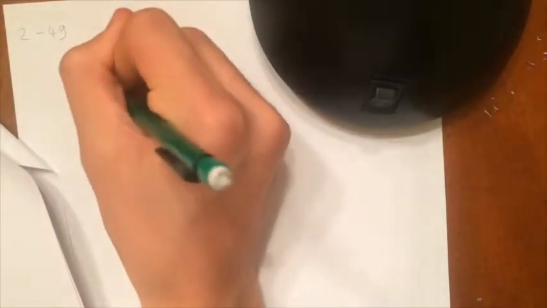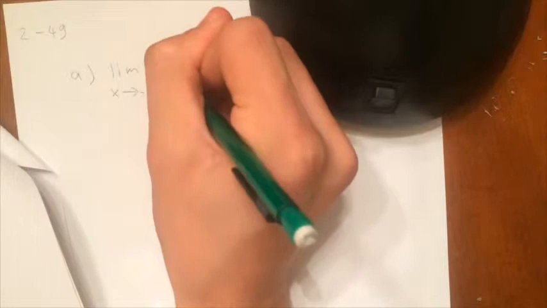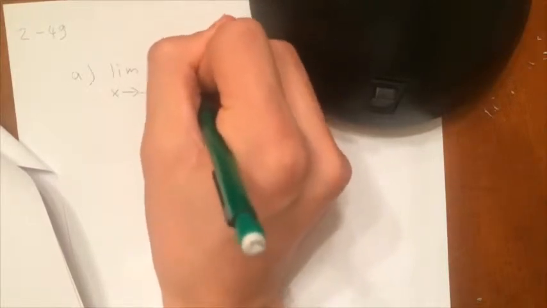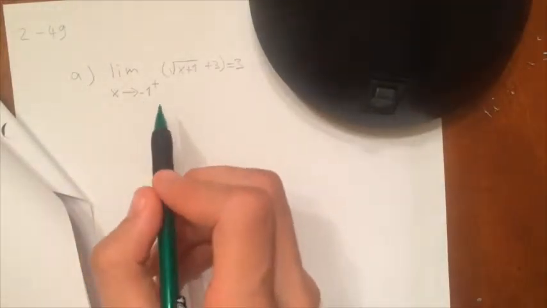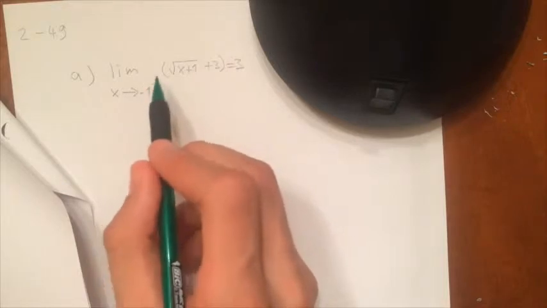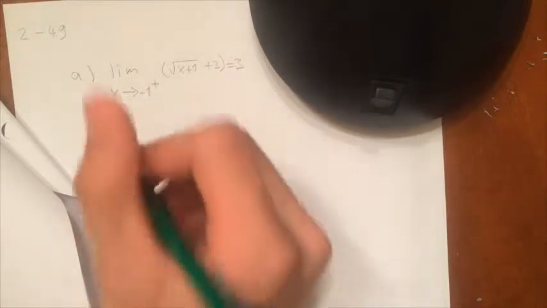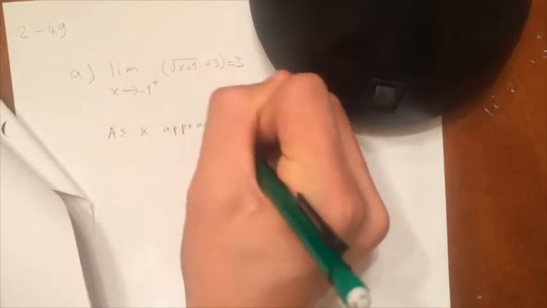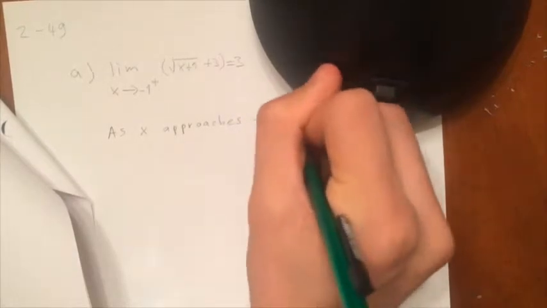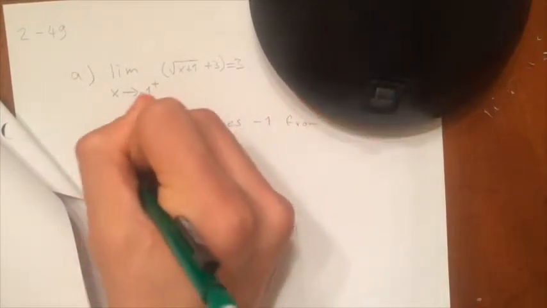So A is the limit as x approaches -1 from the right of square root of x plus 1 plus 3 equals 3. Okay, so I basically already said it, but as x approaches -1 from the right, this plus means from the right, a negative would mean from the left. So let's write that down. As x approaches -1 from the right,